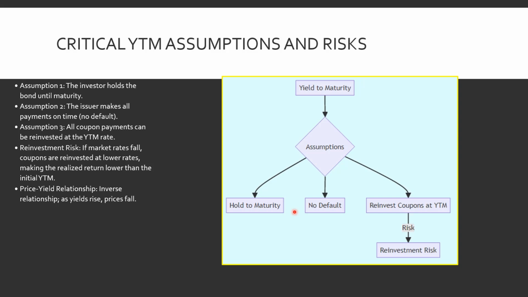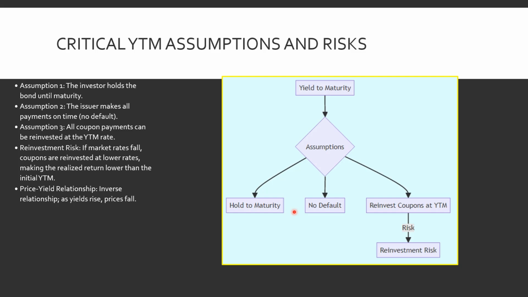Now let's move to the critical assumptions we are making while calculating the YTM, yield to maturity. What are we actually assuming here? YTM is powerful, but it is calculated assuming three things. First, it assumes you hold the bond until its maturity. Second, the issuer would never default. Third, it assumes you can reinvest every coupon payment you receive back into the market at